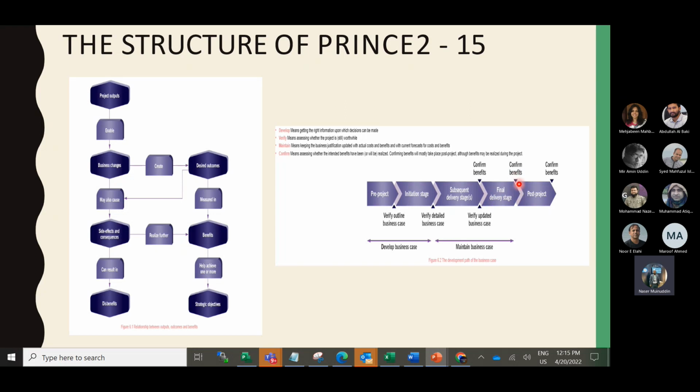It is okay, fine. And then after the project is delivered, there is the post-project benefit, where you check whether the product benefits are there or not, where the user is there. That's why in the left diagram you see the project outputs. That means the project has delivered the products. It introduced some changes. What are the changes? They create desired outcomes, and the desired outcomes are measured in better realized side effects or consequences.